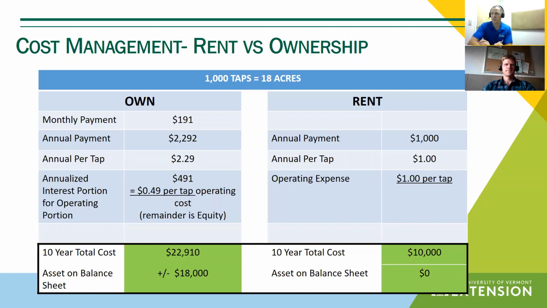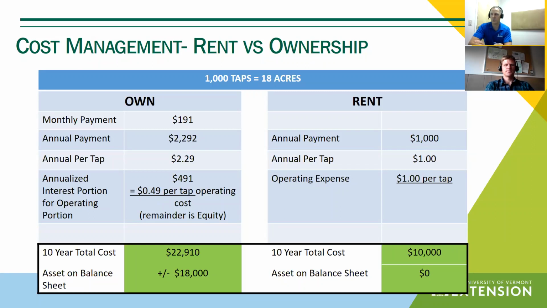So I worked up some numbers for 1,000 taps, estimated 18 acres. I think that's at about 55 or 60 taps per acre. And I did a really chunky number at $1,000 an acre. Some of your regions, hopefully the land might be more affordable, and we certainly know from calls recently that in certain cases the land is a lot more than $1,000 an acre, the forest purchases. But if you go down to the bottom there, the big bolded section with the green cells again, I think